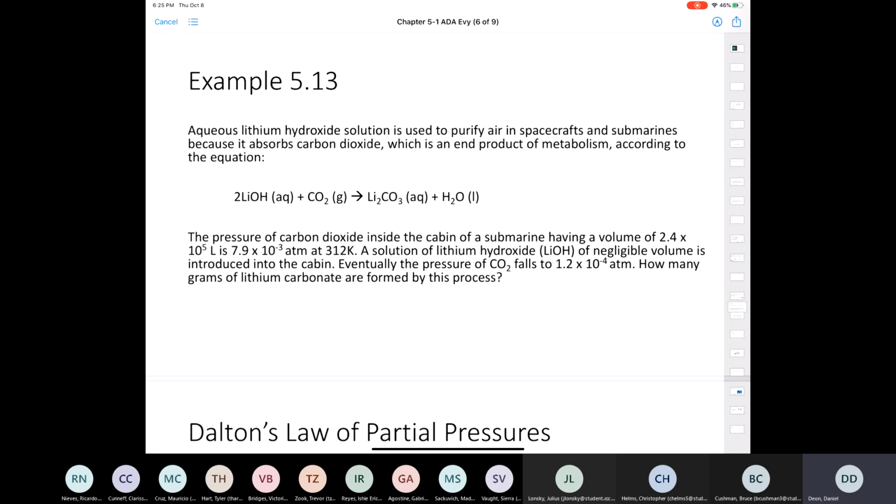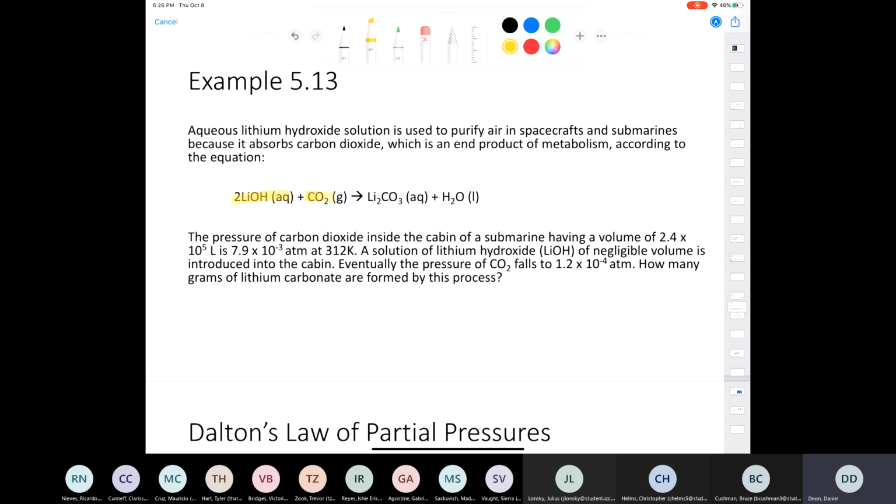Aqueous lithium hydroxide solution is used to purify air in spacecrafts and submarines because it absorbs CO2. And you can see that's what's happening in this reaction. The lithium hydroxide is reacting with CO2. We end up producing lithium carbonate and water. So basically, it's just a way to consume carbon dioxide that comes out in a spacecraft